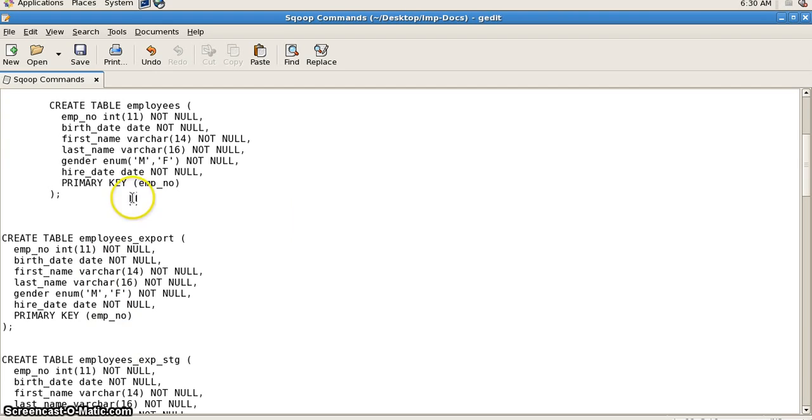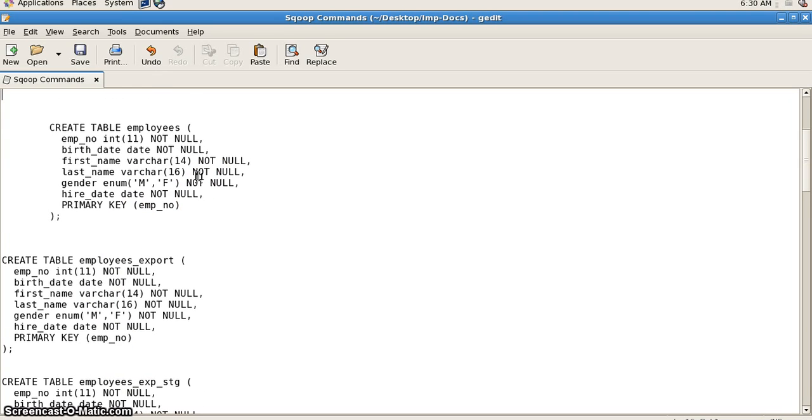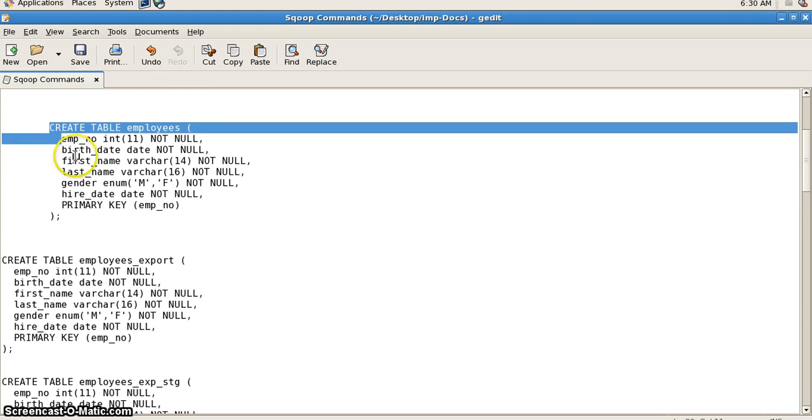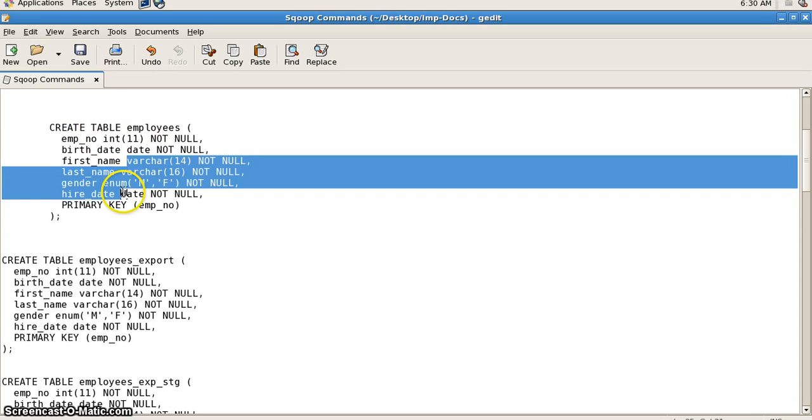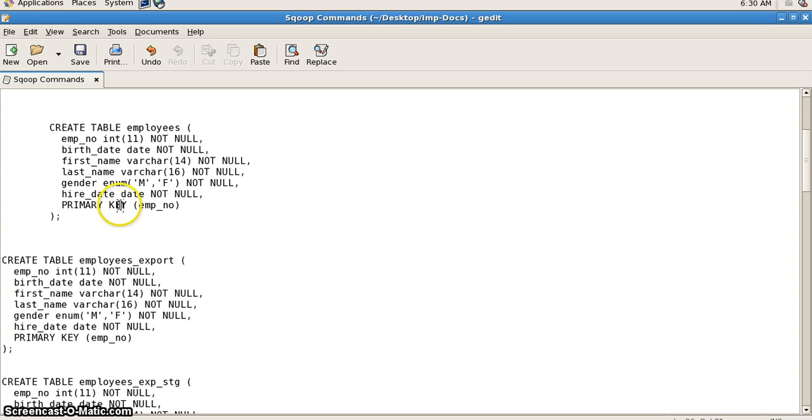The first table I would be creating is a table called employees. I'm creating employees with employee number int, birth date as date, first name, last name, gender, hire date, and I'm giving the primary column as employee number. This is pretty important for us now because we can have our mappers split the data based on this employee number as its primary key, so that it will be unique and not null, right? That's the definition of primary key, a combination of unique and not null. That will be advantageous for us.